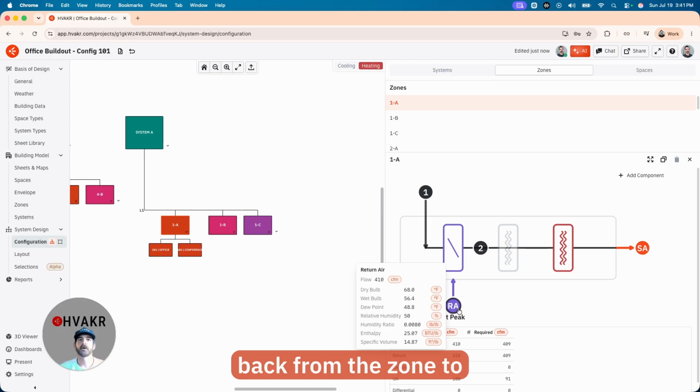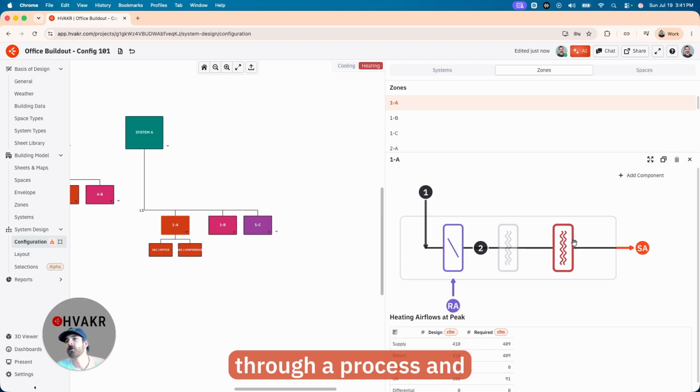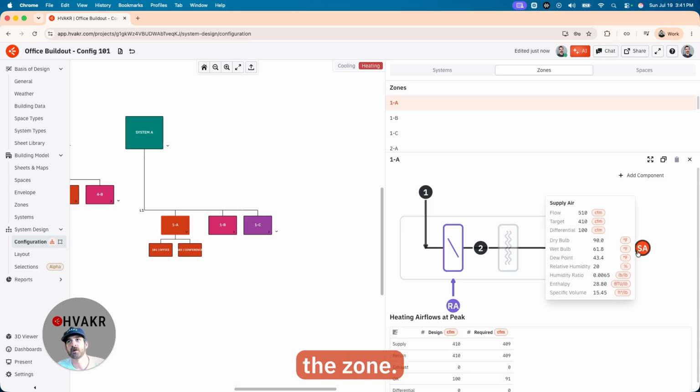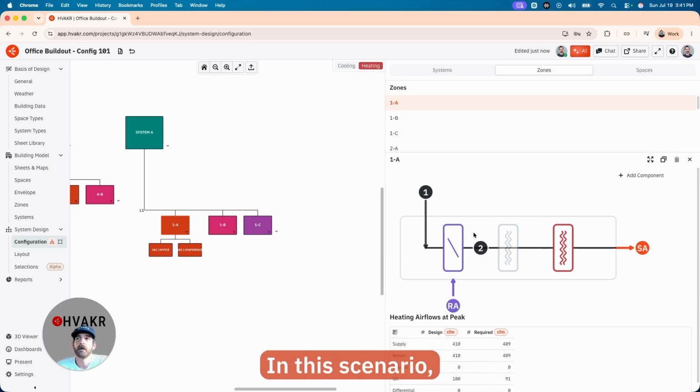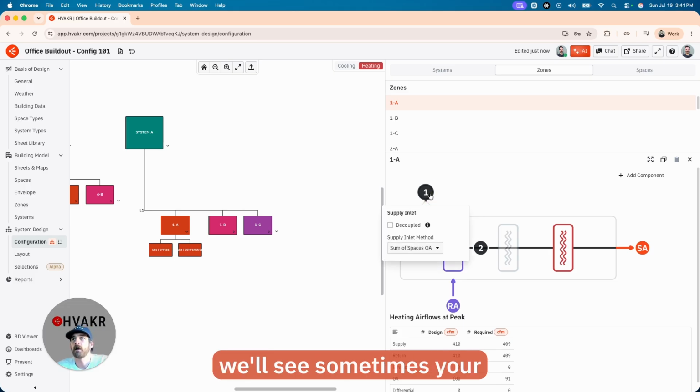So return air is coming back from the zone to the terminal unit, and then it's going through a process and being supplied back to the zone. That return air is not going all the way back to the central. It's zone level return. In this scenario, we'll see sometimes your air from your central unit is ventilation, and that